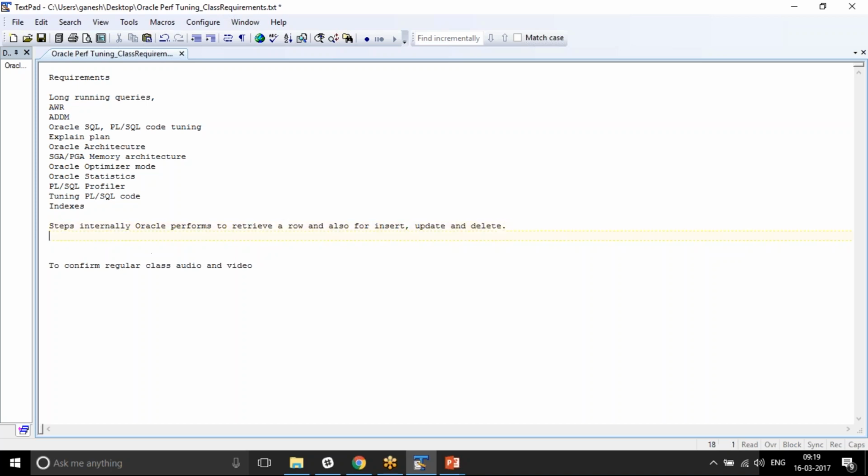Right, so let's say I issue a select statement. We say select star from table X where Y equal to this. So what Oracle does, the steps involved, is Oracle uses the statistics and figures out